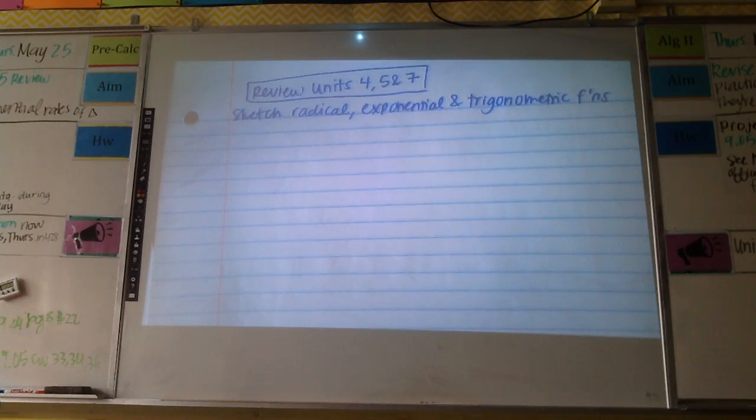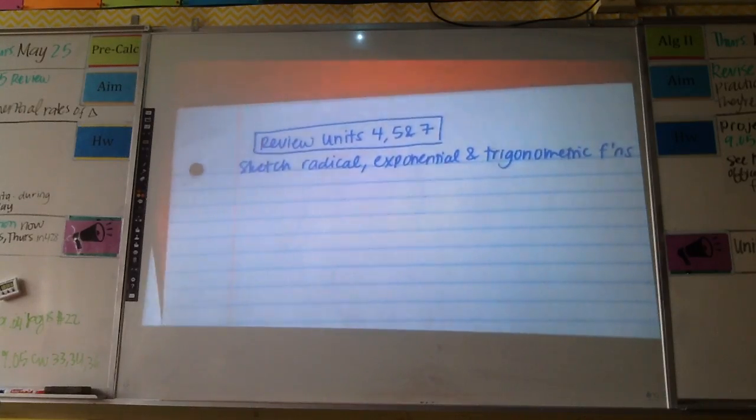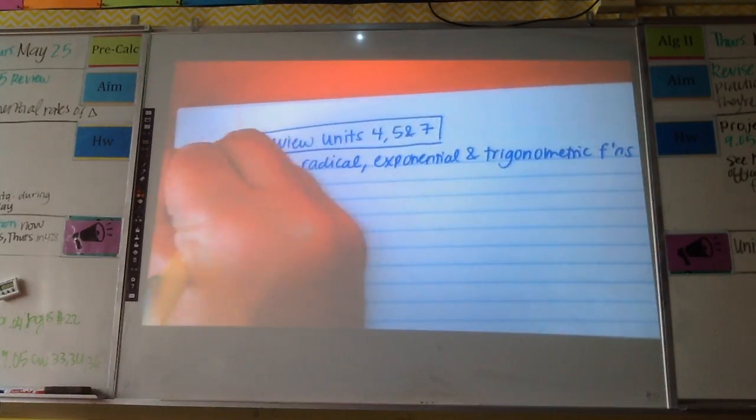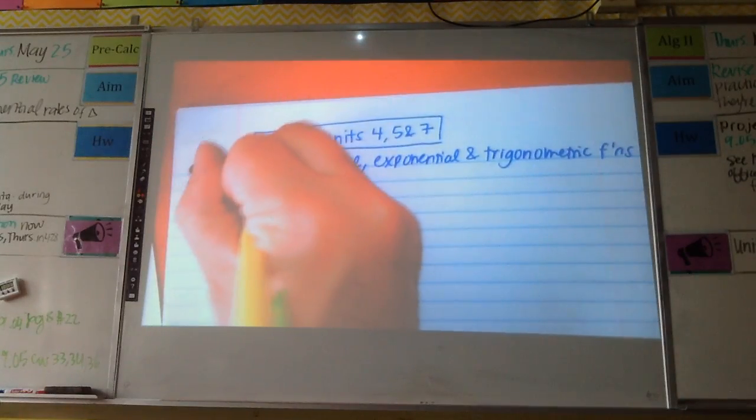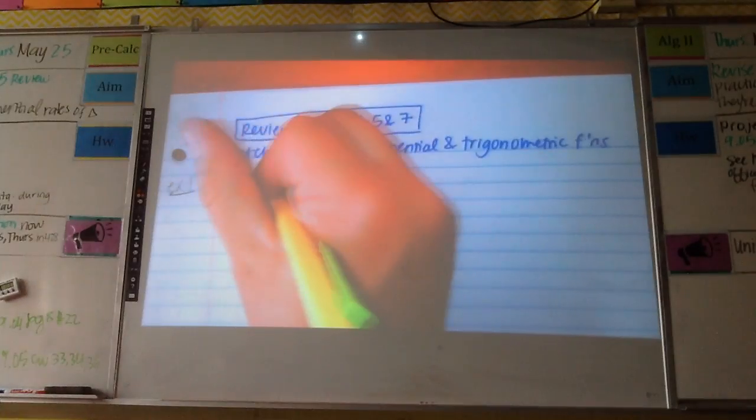Today's goal is to sketch radical, exponential, and trigonometric functions. Maybe you're thinking, ugh, that's a lot to do in one day, but I want you to see how similar these aims are. Okay, let's start with a radical function. As an example, let's just sketch the parent radical function, meaning the most basic radical function, which is square root